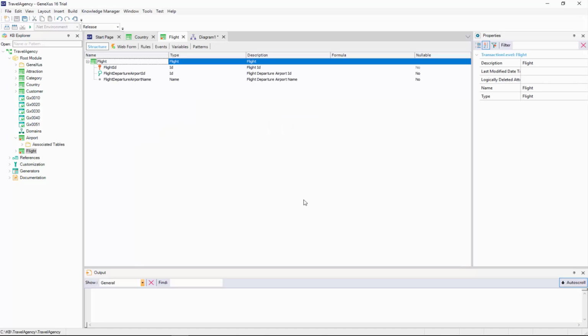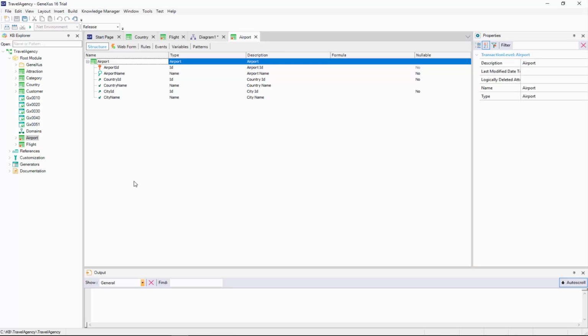Another way to consider this is to focus on the way in which Genexus shows the airport identifier attribute within the flight transaction. We can see that it's indicated with this symbol, which in the airport transaction is also an airport name. This symbol is indicating that the attribute is the one that best describes the airport in this case, or the flight in the other case.